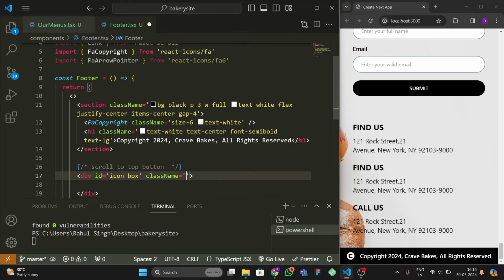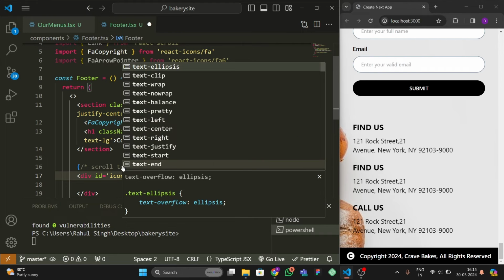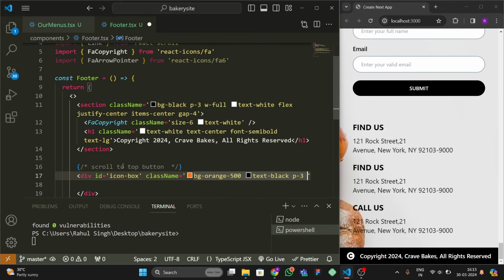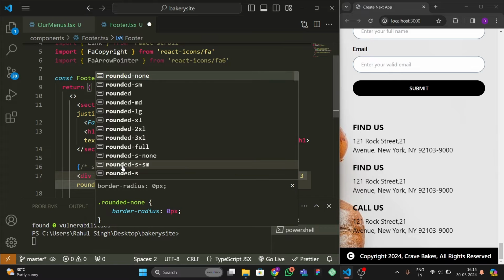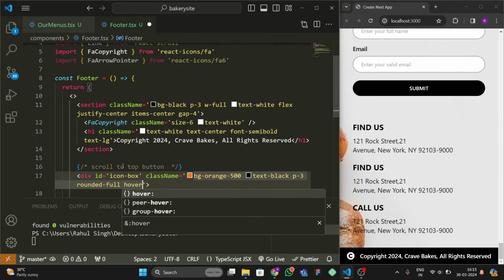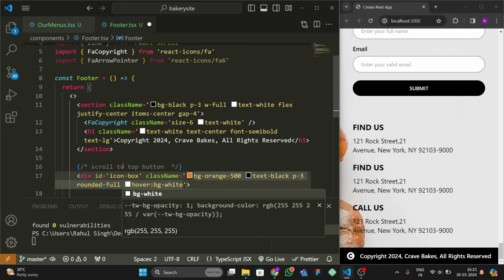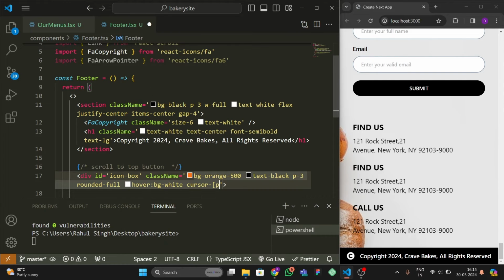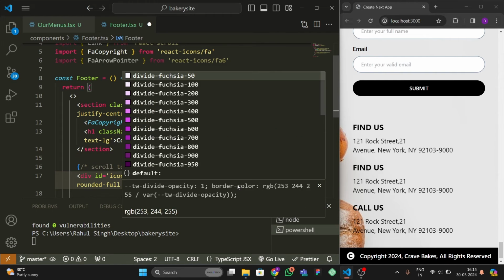Okay, then in the class name we're gonna write bg orange 500, text black, padding 3, and rounded full, then hover bg white, cursor pointer. Okay, let me save this cursor pointer. After that we have to give